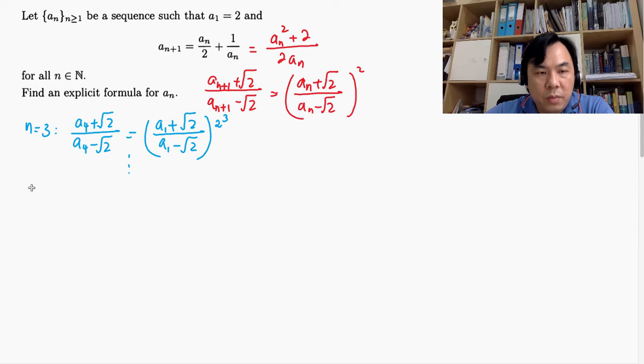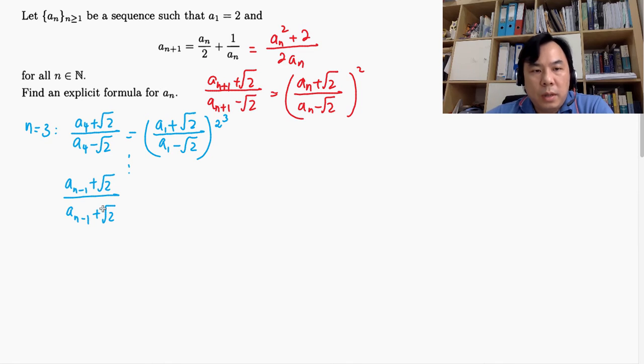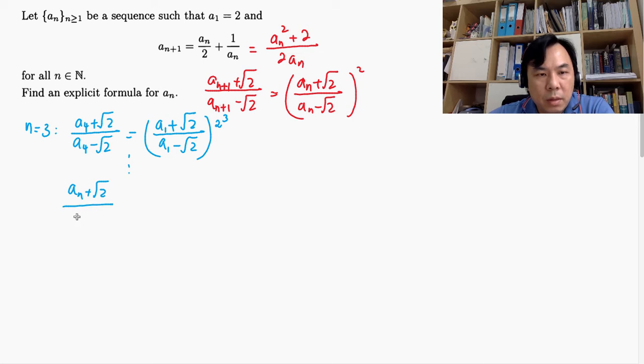Take for instance, assuming the term just before the n term. So if I try this one, n term here, oh sorry, I should be trying an. Okay, so if we try an,